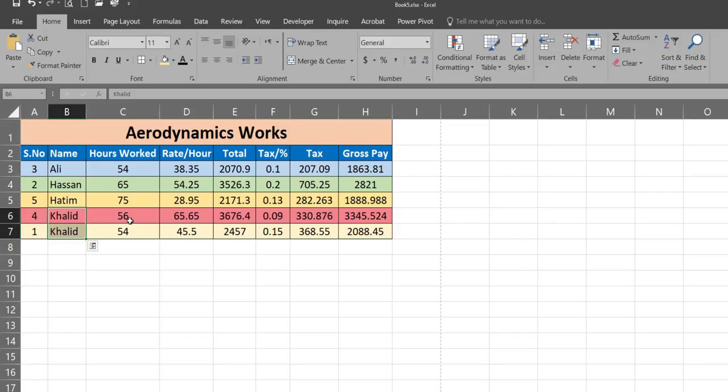So this is the second sort. You can have one more sort like that, and that would happen if, let's say, these two values are repeated, or if there are 3 or 4 Khalid here and 2 of them had the same number, then the third sort will apply.